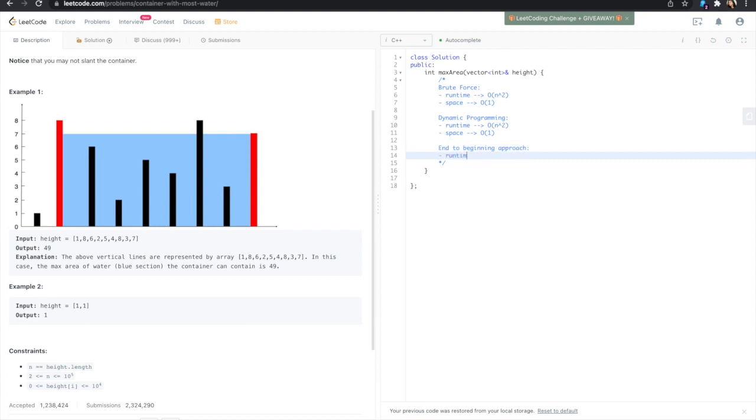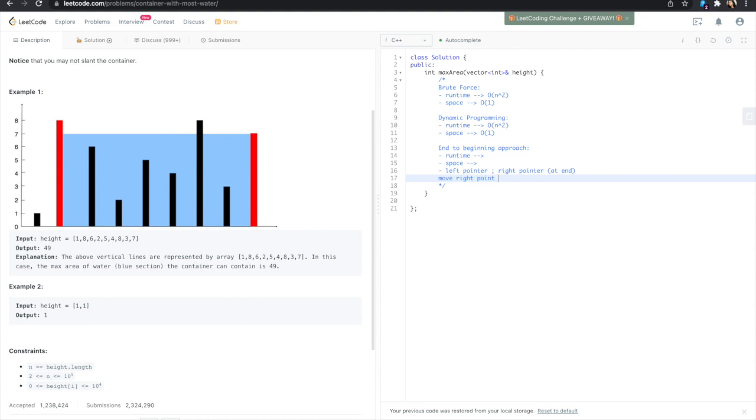So the runtime and space complexity, we'll talk about this soon. But I want to make sure I flesh out the logic behind this. So we're starting at the end, right? So we have a left pointer, which will start at the left or the start. And we're going to have a right pointer, which will start at the end. Okay. And then we move the right pointer